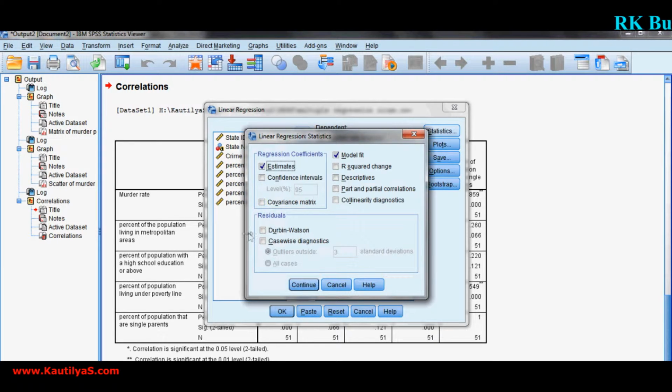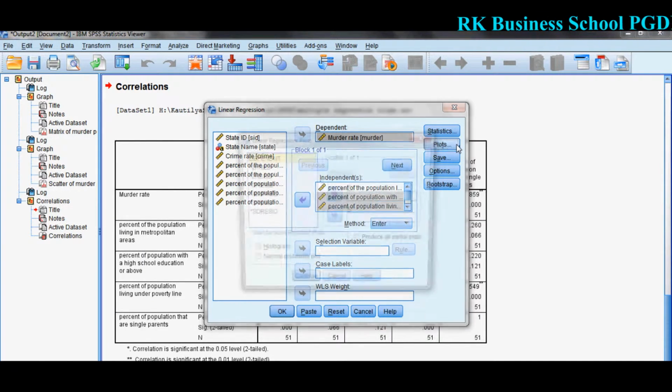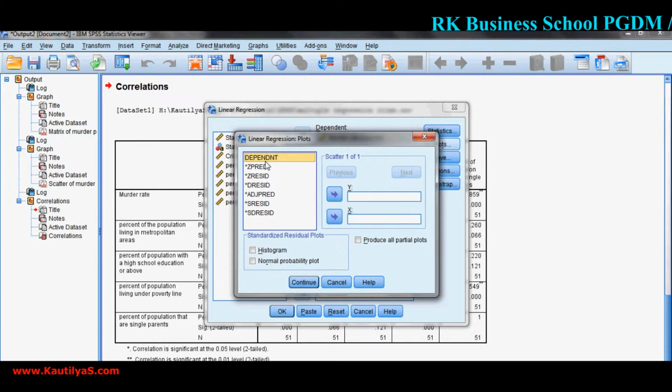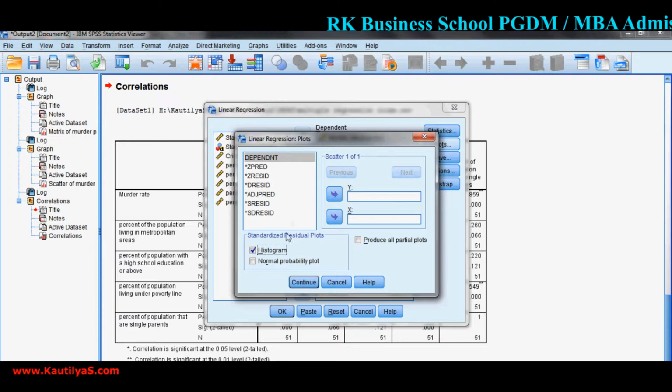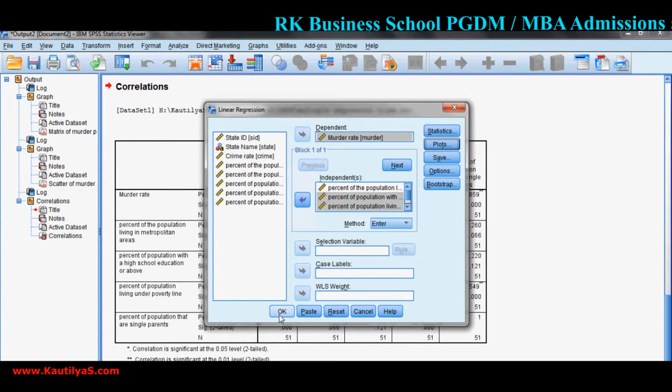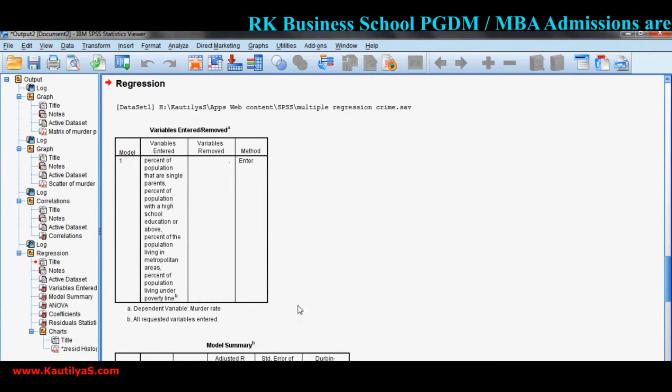Here we need the residuals Durbin-Watson test to know whether the observations are independent or not. Then click continue, and in the plots go for dependent plot and histogram. We need to do this to check whether the residuals are normally distributed or not. Click continue, then click OK.